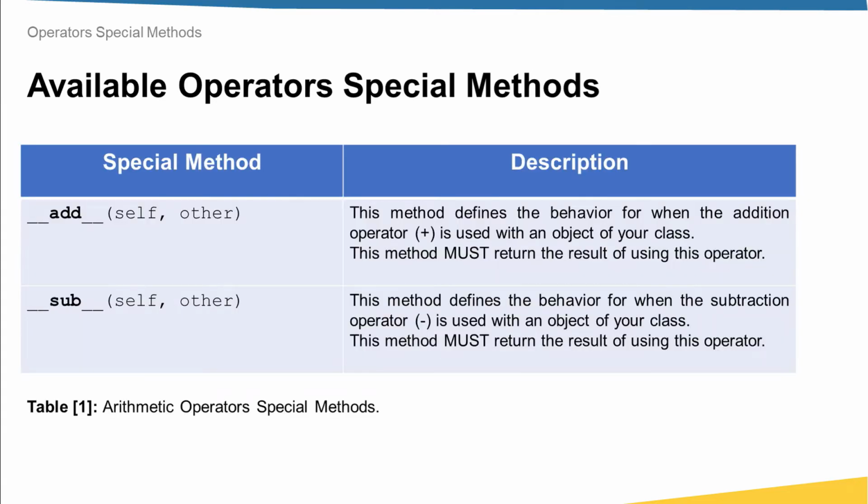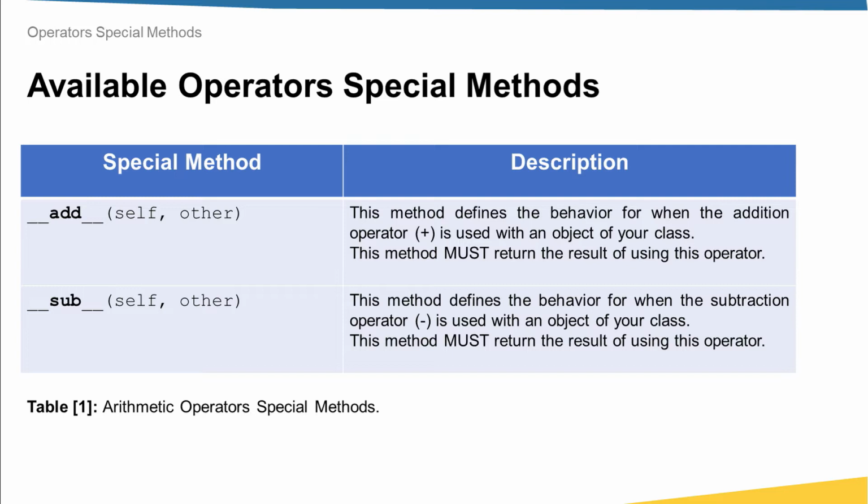Okay, now let's see some available operators special methods in Python. Actually, there are tons of them. I will not define all of them because all of them have the same definition and the only difference is the operator that this special method represents. Let's see. First of all, we have arithmetic operators in Python, like for example addition, multiplication, etc. And for each one of these operators, we have a method. For example, addition. Addition usually is represented by the operator plus. And in order to define the behavior for when this addition operator plus is used with an object of your class, you have to override the method